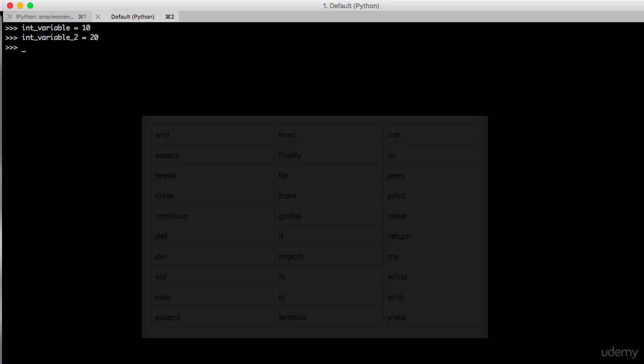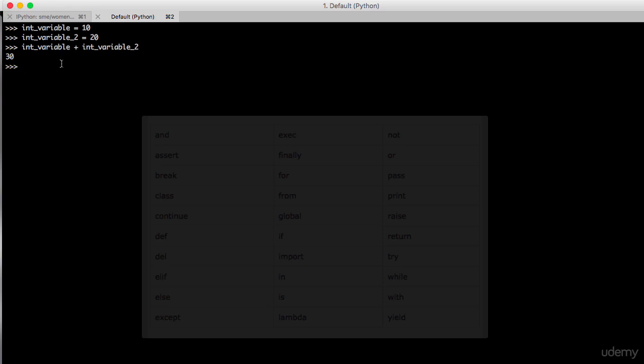Now you can perform some arithmetic operations like plus, minus on the above variables that we have declared or created. Let's do that. There you go. We have the output of 30 when we added the above two variables.